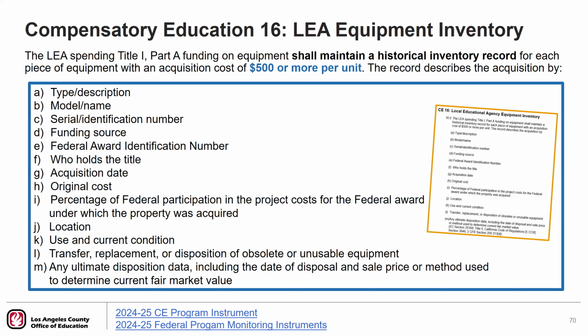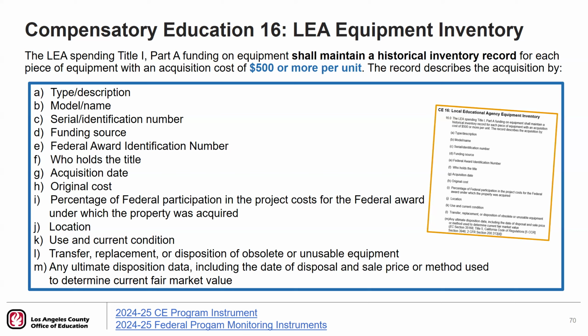And a note to point out here is the word historical, which means the inventory record must contain the history of the equipment inventory. So it's ongoing, showing the useful life of the equipment. And you can see here the CE item lists all the components with letters A through M that an equipment